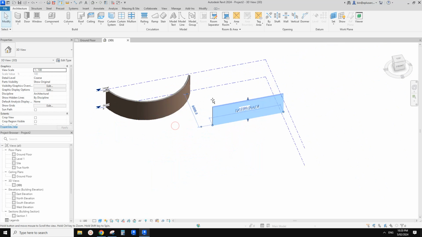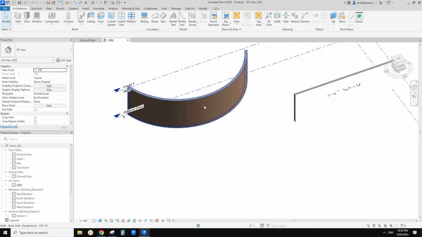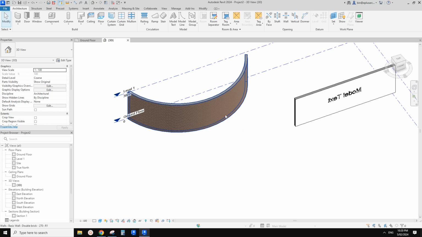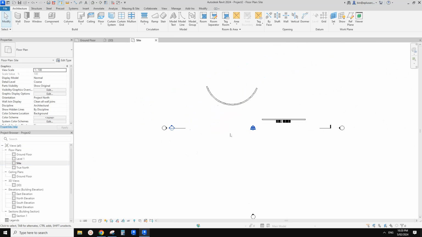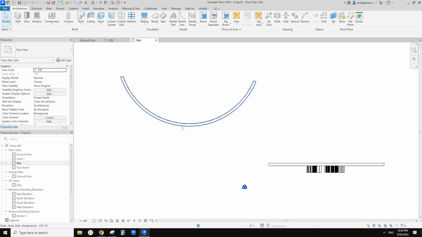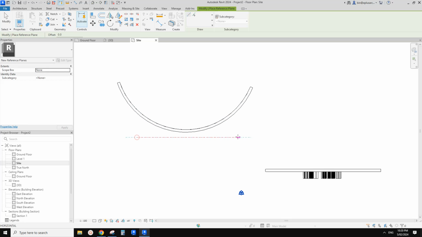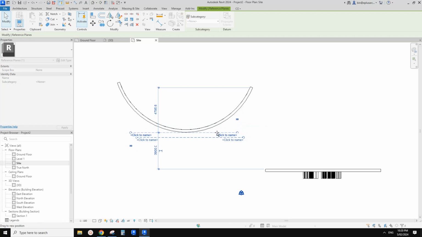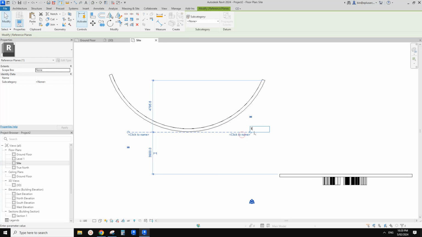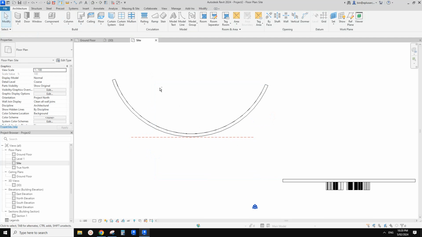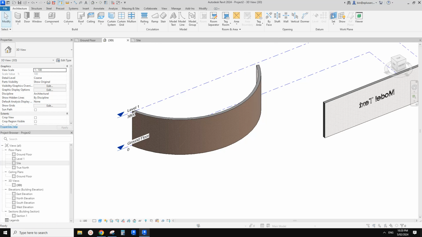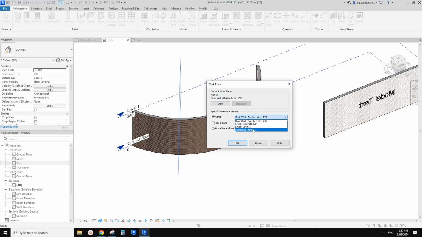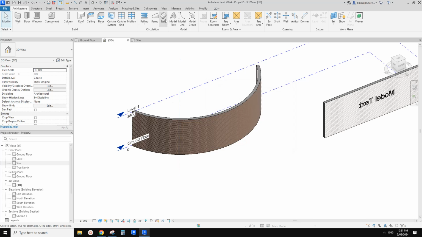So first let's try. We can create a work plane. One example is we can place a reference plane, for example this. Just place it roughly so close to the wall. Maybe just give it a name. So easy. We can easily set the work plane onto this reference plane,